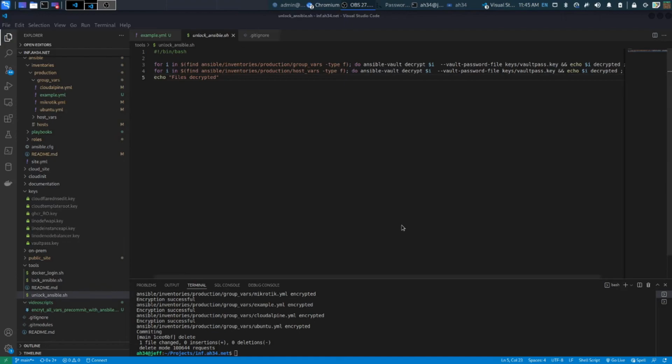Another thing that I found useful to do is to have an unlock script as well. So just in my tools folder down here, I've got a little script called unlockansible.sh, which pretty much does the same thing as the encryption script, except decrypts instead of encrypts. So I just created this, made it executable, and I run this whenever I want to change some of my